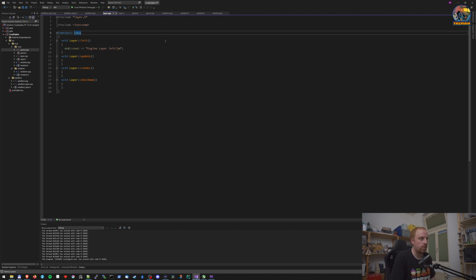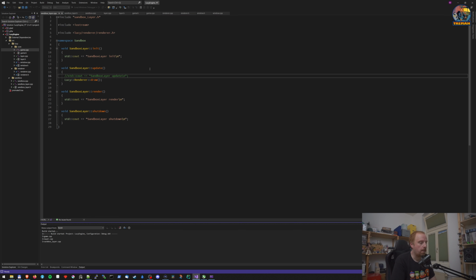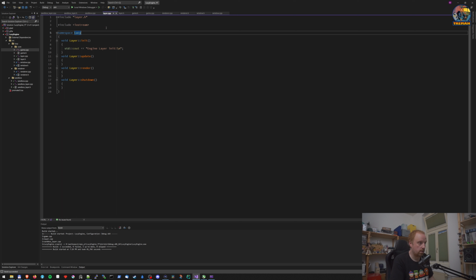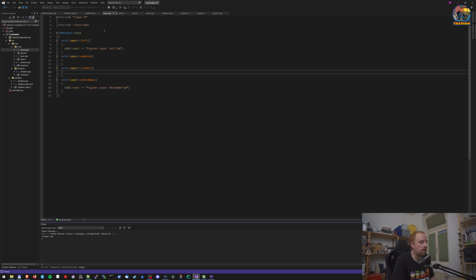And I'm going to remove the print from the sandbox layer's update method, because that will print all the time, so we will not see the prints from init and shutdown. Let me just comment that out. Build. And now if we run this, we can actually also go into the game's layer again and also do a print on the shutdown. Just say shutdown. Now let's see how it goes. We built that, and if we run it,